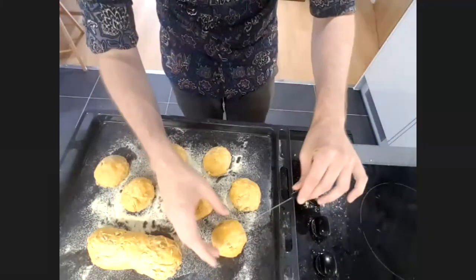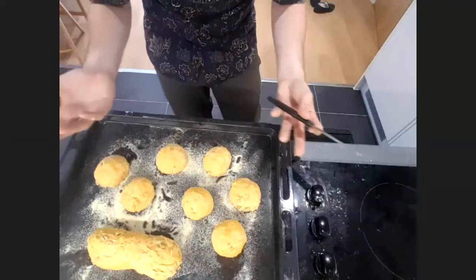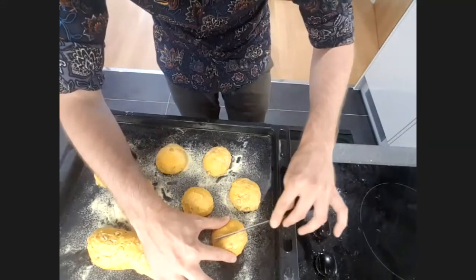But if you cut them, what you'll find is the heat gets to the middle better, and you also get a wonderful cross shape or a few lines on the top. It just adds to the aesthetics of it. But I'm not going to touch it very much. Just hold it in place gently, and just cut